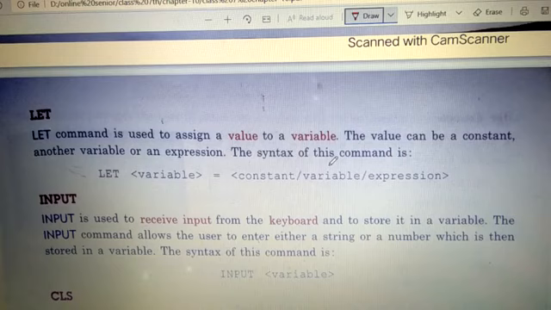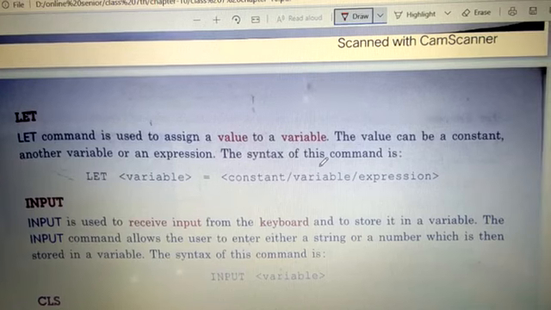Now the value can be a constant also, and another variable also, like a is equal to b, and initially I've mentioned b is equal to 50, so now a is also equal to 50, like that. And even we can give a variable the expression also. For let also, let x variable be equal to some expression, so I can say print x, like this.